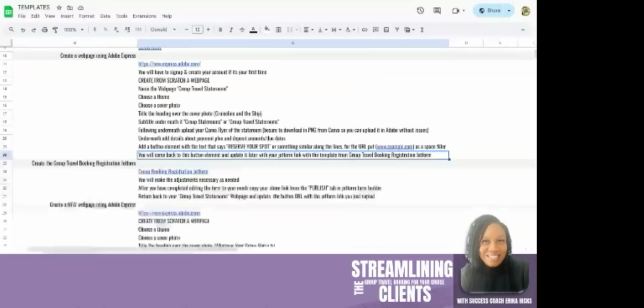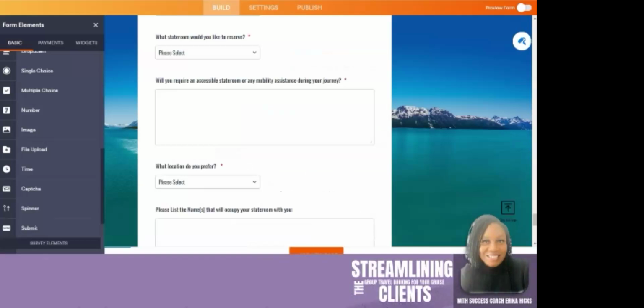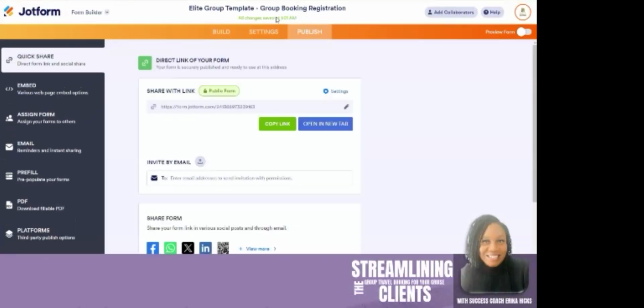I'm gonna hop right back over to our travel template instruction. All right, so we have completed the group booking registration job form. As far as that, you, of course, make any necessary adjustments as needed. In the publish tab in the job form, there is something that I do want to go over. Right here where it says publish,